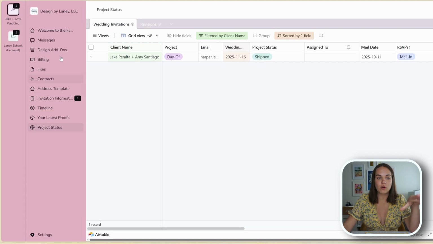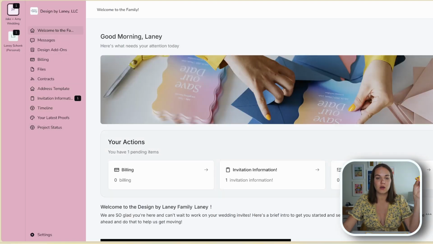If you want your client portal to have all this customization and look this good, combining all of your systems, making everything so much easier for you, then definitely check out our other videos on how we set all of this up in